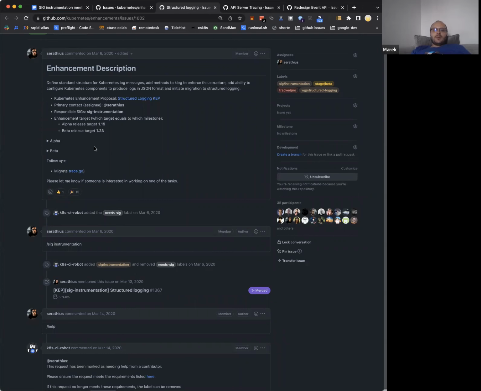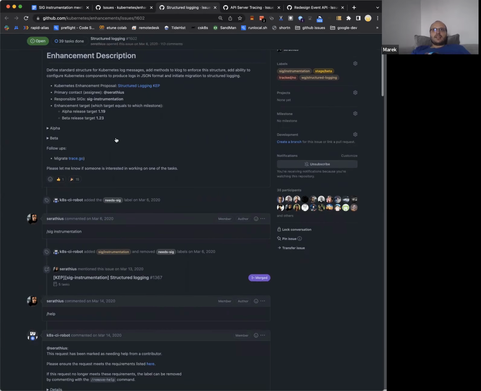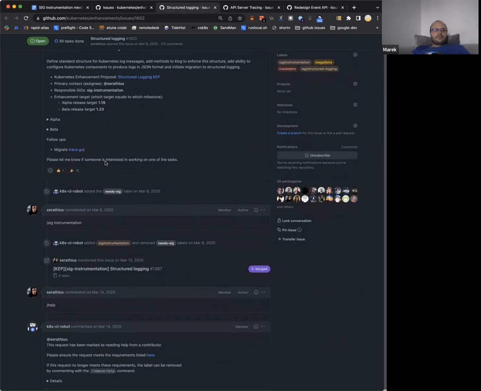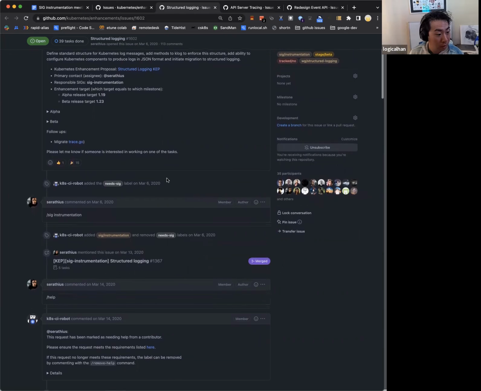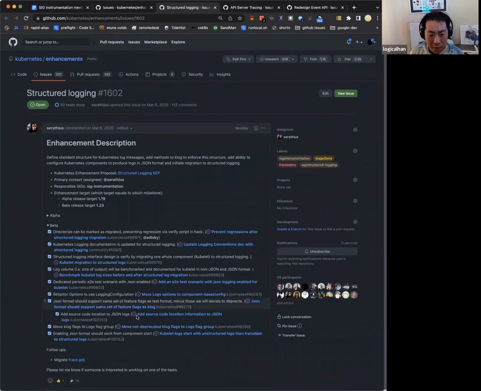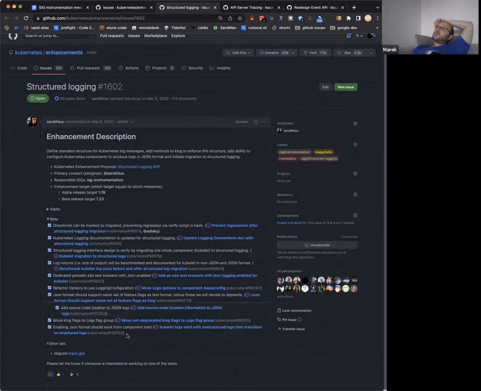So our plan for 1.25 is to migrate the scheduler to contextual logging, update all documentation to use contextual logging, and then continue structured logging as a migration. That makes sense. Contextual logging means smaller diffs, less diffs. Yeah, that makes sense. So then is that beta? Is that part of beta? We'll add that here. It has been in beta for a long time. Should we add a to-do here?